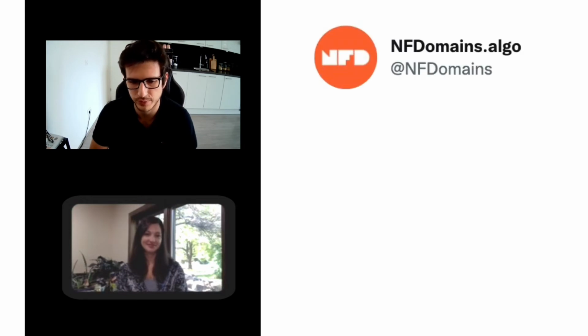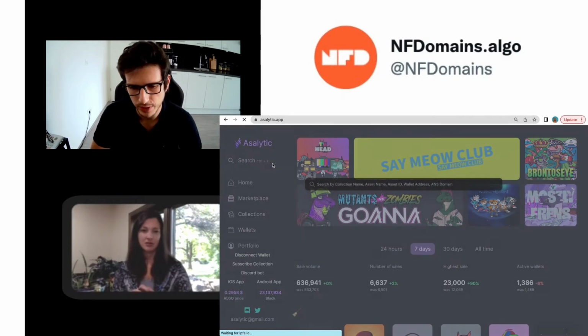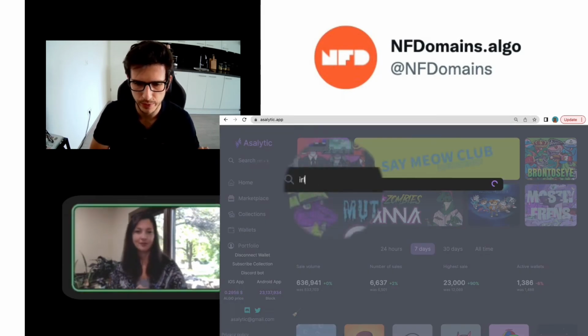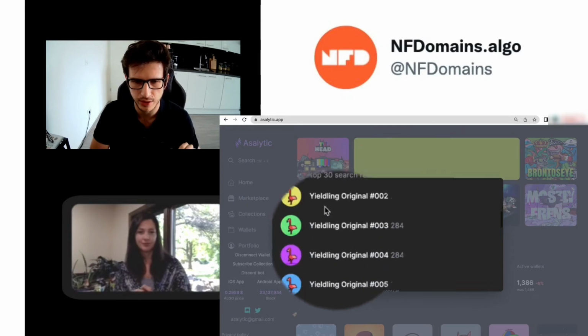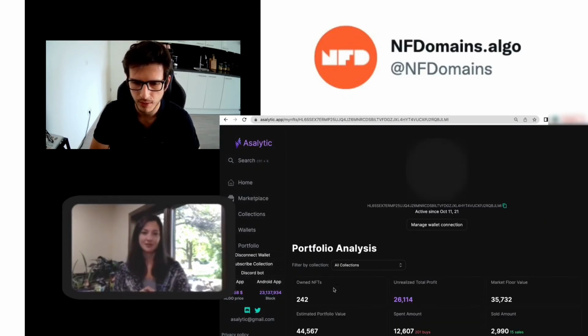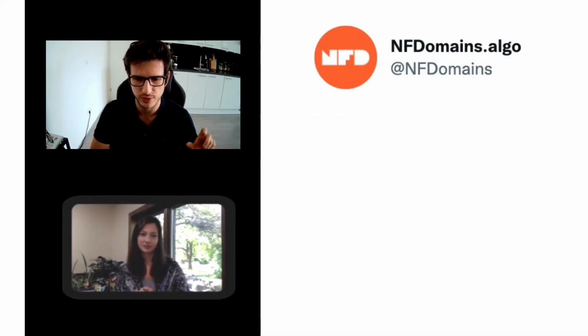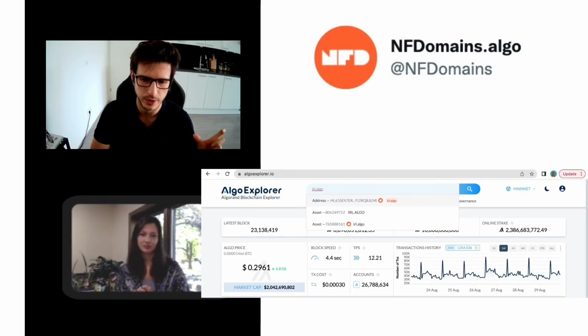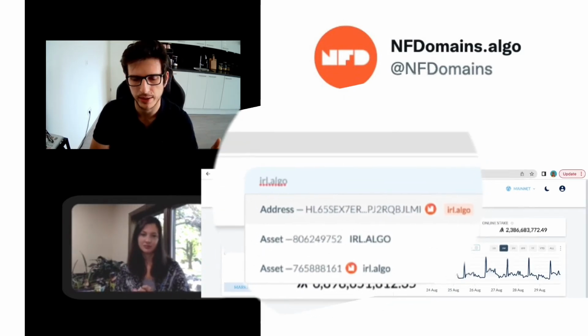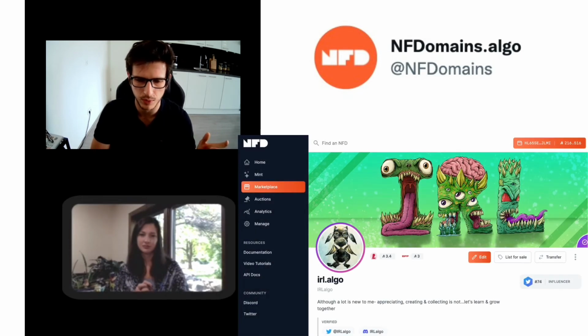For sure, we'll support full integration of NFTs because the whole ecosystem is supportive. So for example, in the current version of Asalytic, if you open the search bar, you can type IRL.algo and your wallet will pop up from the NFT and you can go directly to your wallet. But we'll also integrate a more proper version of NFTs, where maybe every wallet on Asalytic is replaced with the NFT